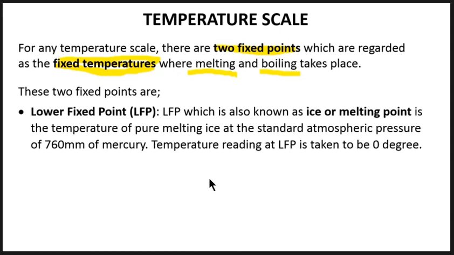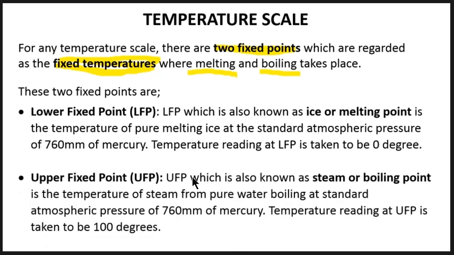Okay, now the second fixed point is what we call the upper fixed point, which is also regarded as UFP. UFP, which is also known as the upper fixed point or steam point or boiling point, is the temperature of steam from pure water boiling at a standard atmospheric pressure of 760 millimeter of mercury. Okay, so at this temperature we have the steam of pure water,